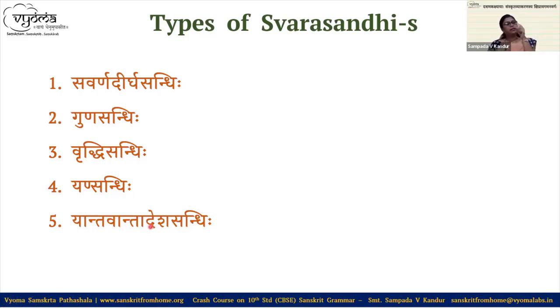If possible, learn in this sequence only, because if you follow proper sequence, it is easy to remember and recall the rules. So don't mix the sequence. Not Vruddhi first, then Guna, then Savarna, then Yana. If you go in this sequence, it is easy to recall. Savarna Dirgha Sandhihi, Guna Sandhihi, Vruddhi Sandhihi, Yana Sandhihi, Yantavanta Desha Sandhihi.